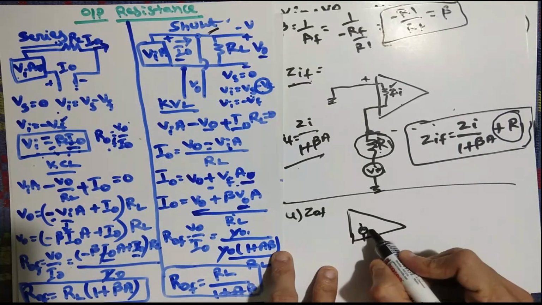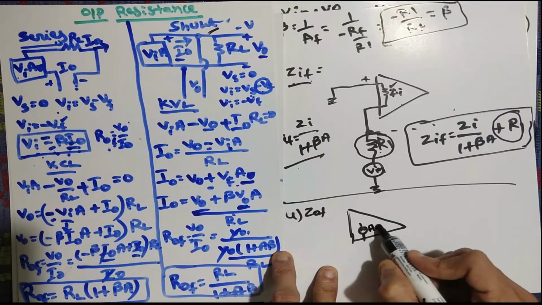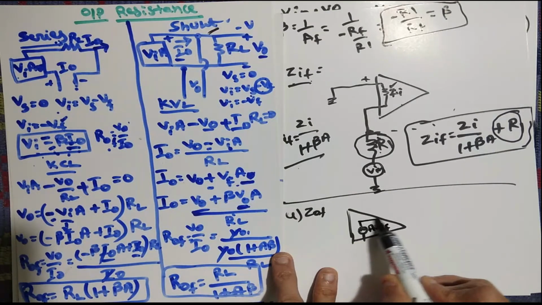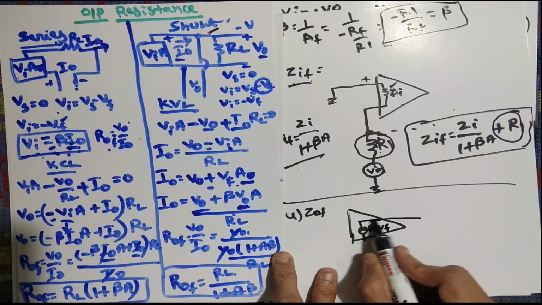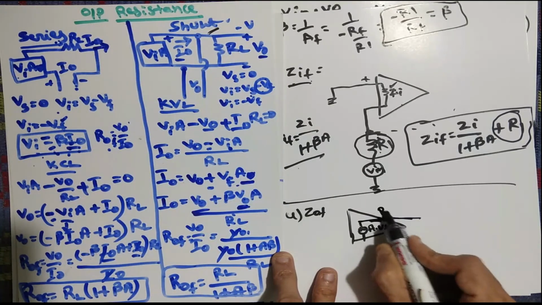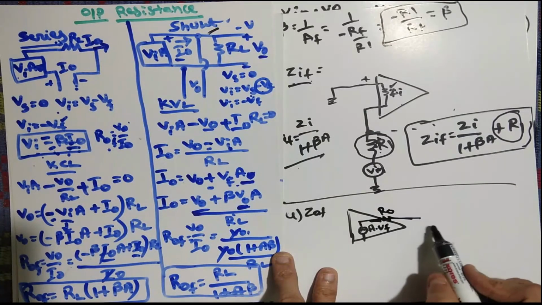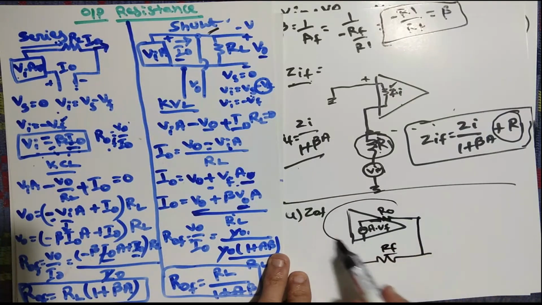Okay, so here I am writing it like A into VF, because we are talking about the input getting from VF. So this is from here, and here internally we have one resistance. This resistance we are calling something like RO, and this is connected to our net. Here we can talk about whether RF is there or not. It is actually not required for our calculation, so only this portion is enough.